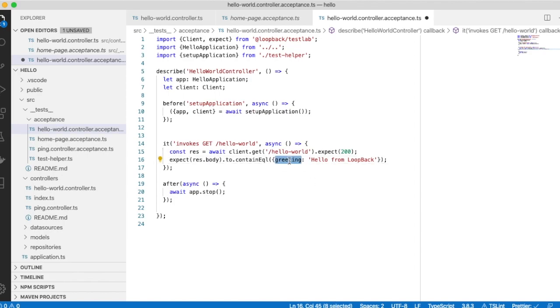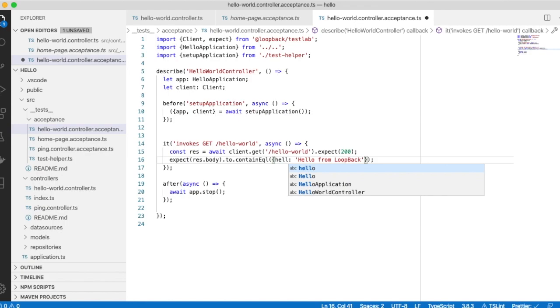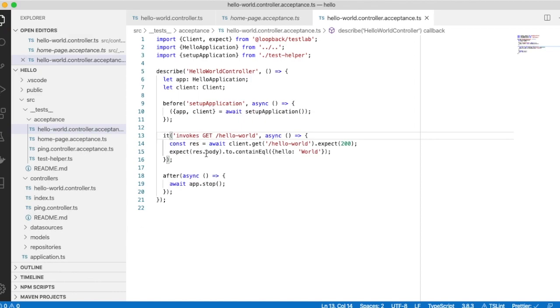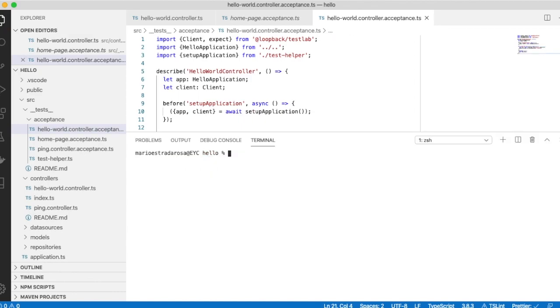In this case, I'm going to be returning the hello, for example, and I'm going to be returning the word in string. Notice how I change it, correct? So I'm changing the specification here for the returning. I am trying to get hello world, and I need to compare the result with this object, the hello and the world object. Now I'm going to save it and run npm run